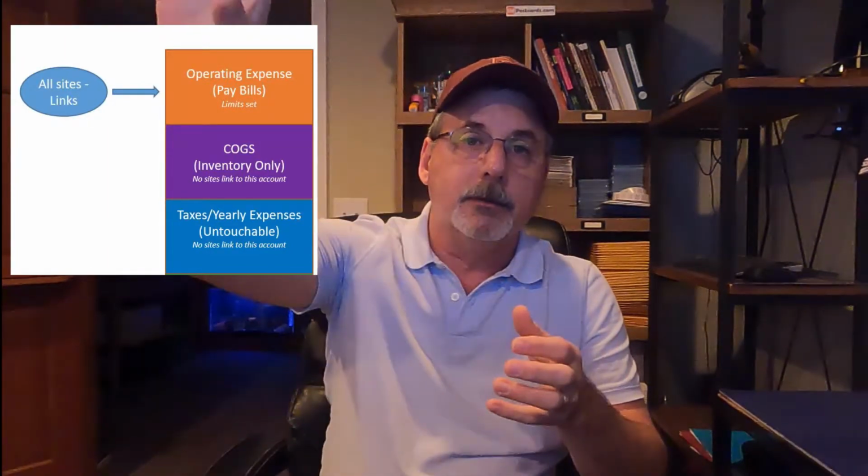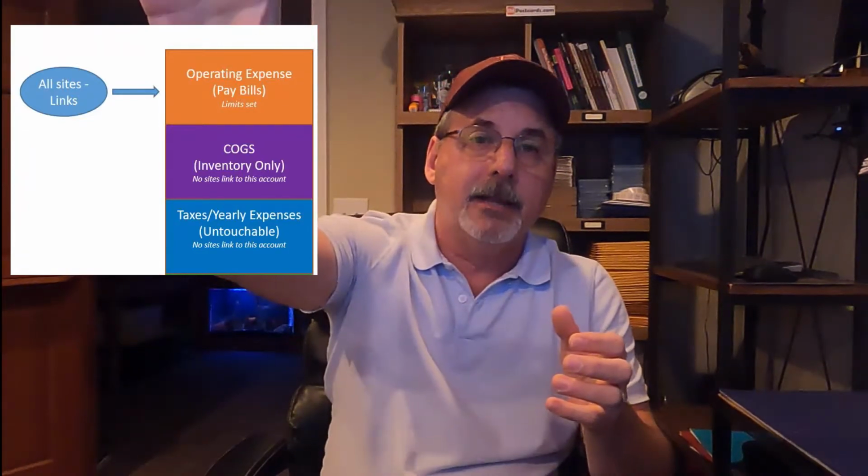I break it down, I add all those up for the year, and I divide it by 12 and say, okay, I need to put $150 a month into this account above what my tax obligations are for the month. So at the end of the month, we figure out our taxes as well, and we put that in this account. So when taxes come due, I have that money set aside. When the big insurance bill comes in, I have that money set aside. I move that money to the operating expense, I pay the bill, and then I just keep putting that $150